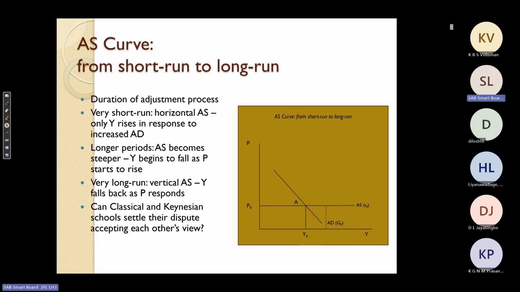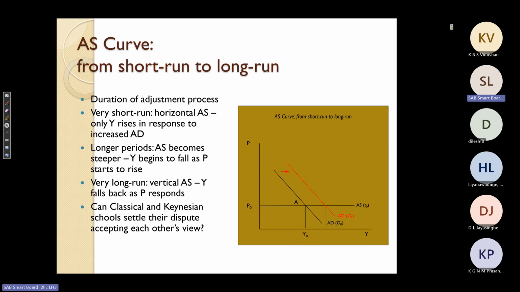Right now, I can explain something about this change from the Keynesian aggregate supply curve, which is horizontal, to the classical aggregate supply curve, which is vertical. Now this is the situation. If you look at adjustments,